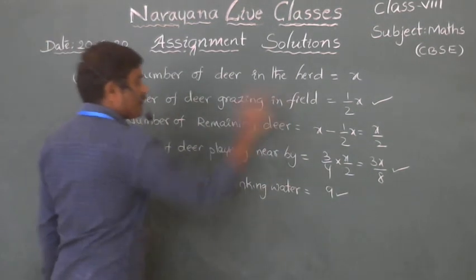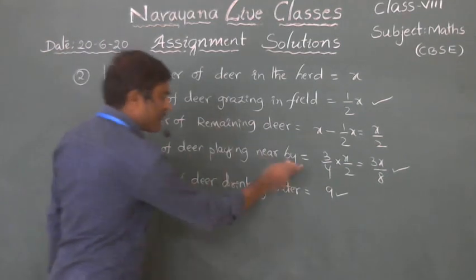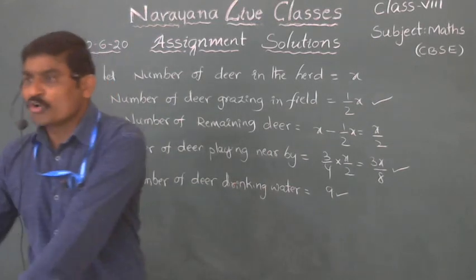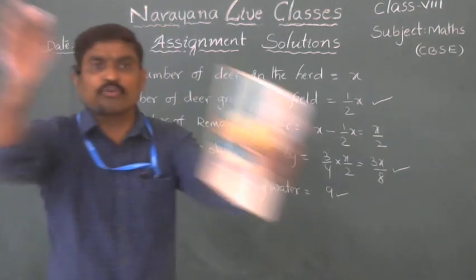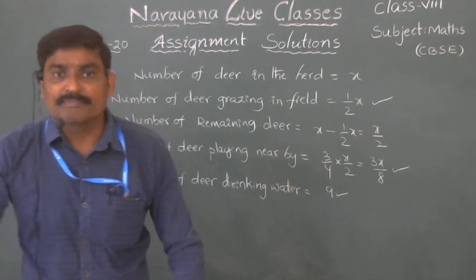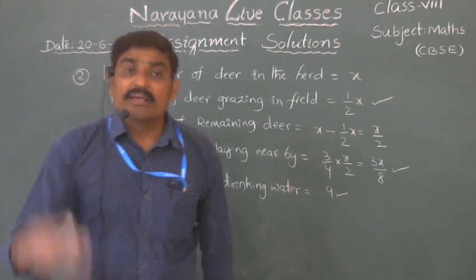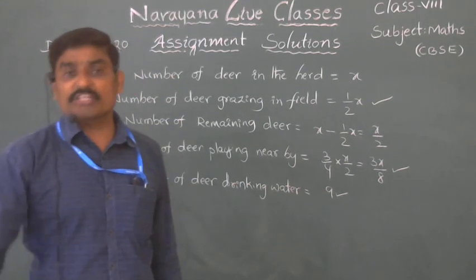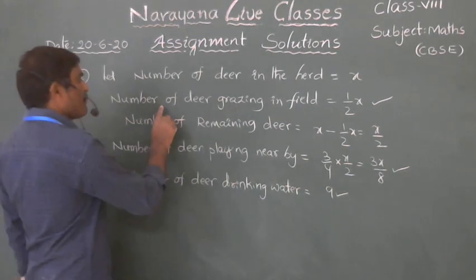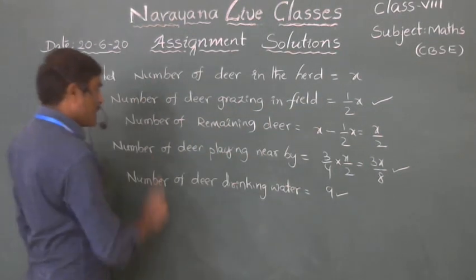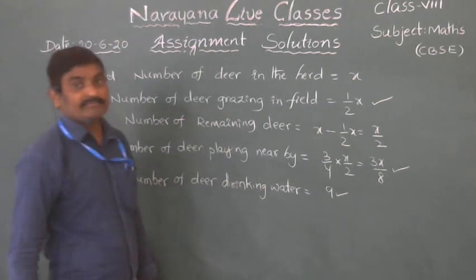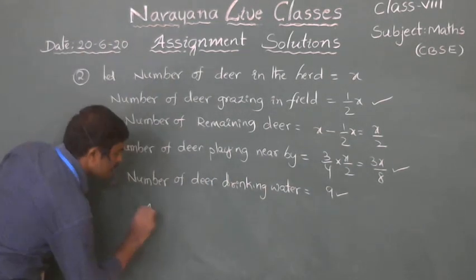One group grazing in the field, one group playing nearby, one group drinking water. Okay, there are the three groups. Your class will be divided into the three groups, three parts. If you add all three groups, you will get the total number of the students. That means the number of deer in the herd is equal to the number of deer grazing in the field plus the number of deer playing nearby plus the number of deer drinking water. So according to the problem,